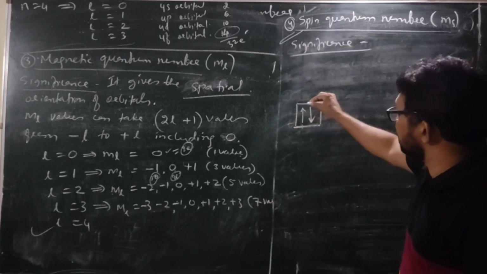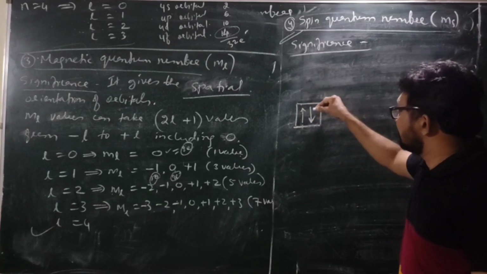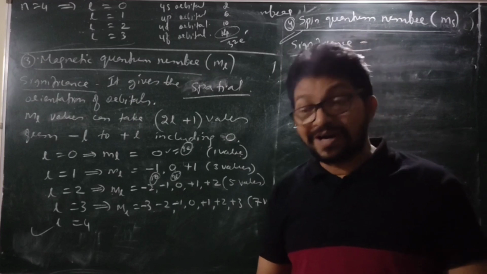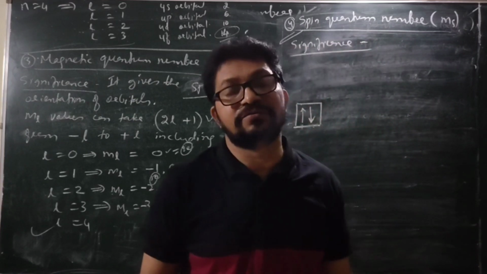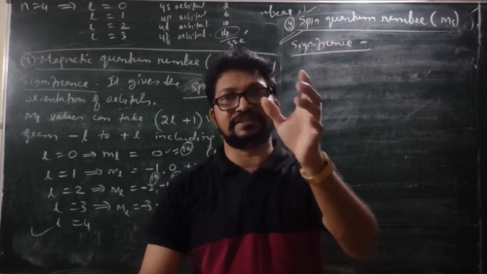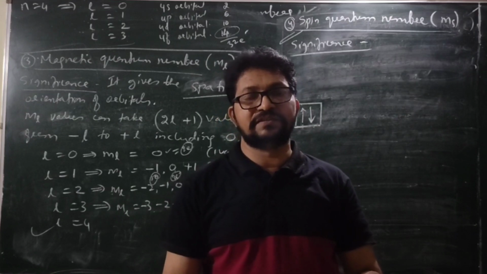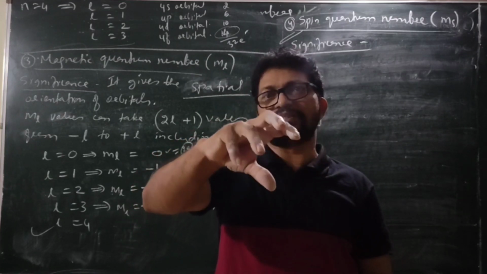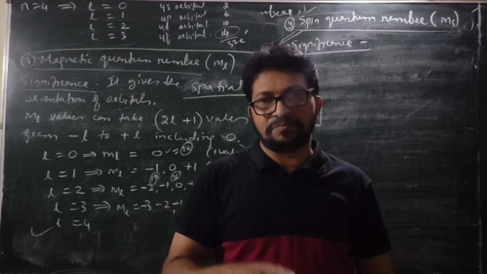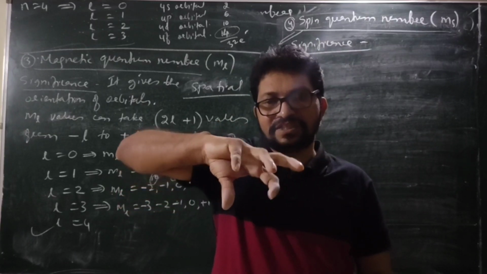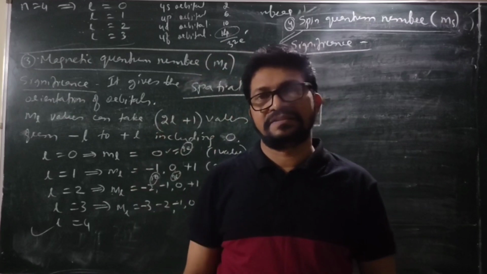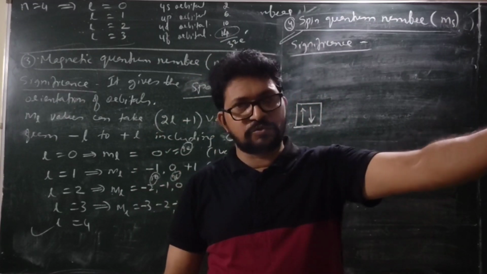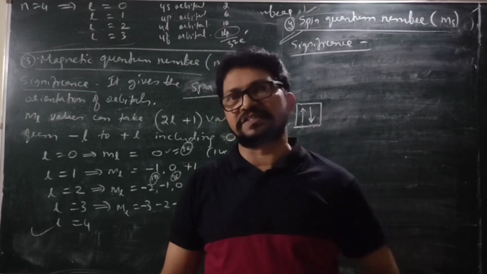One is spinning in the upward direction and the other spinning in the downward direction. What does it mean? This I should tell you. What is a spin? Look here. Spin you know, for example, consider a cricket ball. Some spin bowler, what do they do? They spin. This is a spin. While moving from the bowler's hand up to the wicket, so many times it spins.